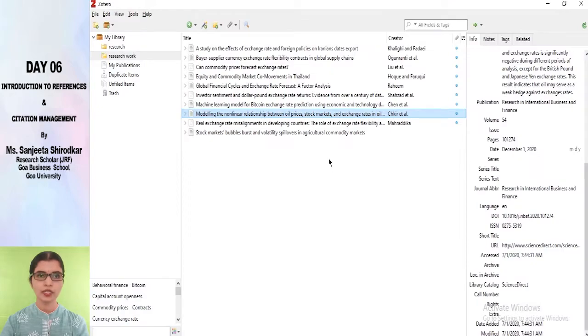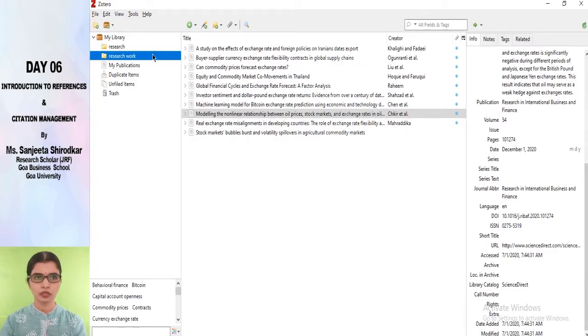Now in Zotero, let me show you one more thing. How do we create an auto generated bibliography in Zotero? Now research work is there and you want to create a bibliography based on that. As I told you, what is bibliography? Bibliography would be all the sources which you must have referred to, or in the process of idea generation and all.